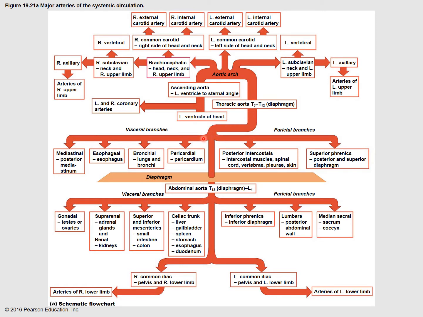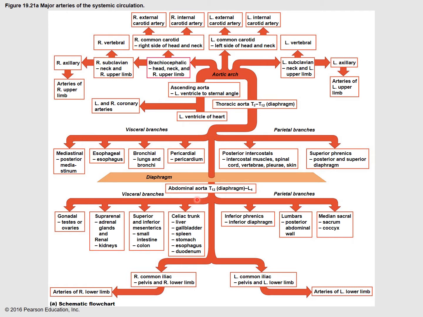That's what we call it, as it's passing through the thoracic cavity area. And so you have parietal branches, you have the visceral branches, as it is serving things such as the esophagus, bronchial arteries servicing the lungs, the posterior intercostals, the superior phrenics,